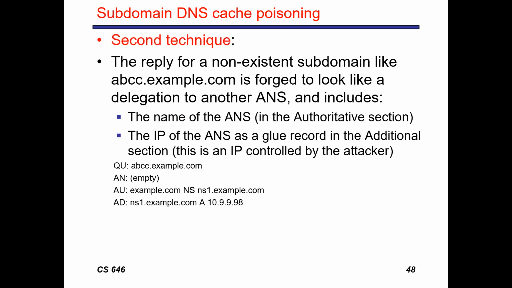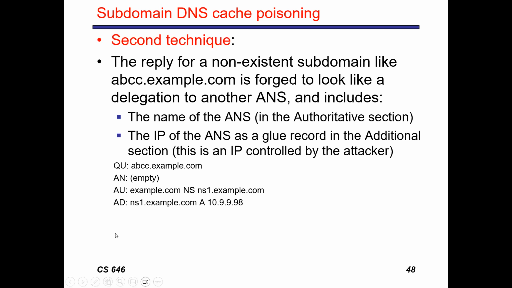Well, the benefit is that the reply for these non-existent subdomains like abcc.example.com is forced to look like a delegation to another authoritative name server. It means that the ISP will think, okay, the queries that I'm getting for these domains have probably been delegated to another authoritative name server. So I have another authoritative name server now. So the IP of the authoritative name server will be working like a glue record,